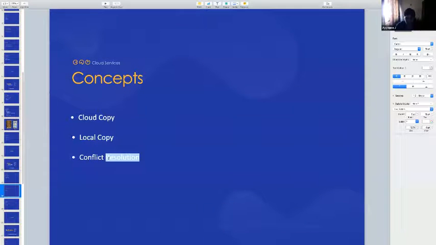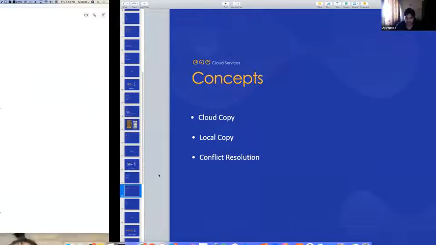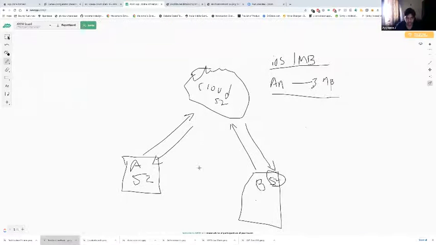Okay, the other one is conflict resolution. Consider the same example. Assume that before committing this level 52, there's no network connection. The user jumps to device B and sees that there's no content on the cloud, so he needs to start from level 1. Assume he went up to level 10. Now the first device connects to the cloud, and it pushes the data as level 52.